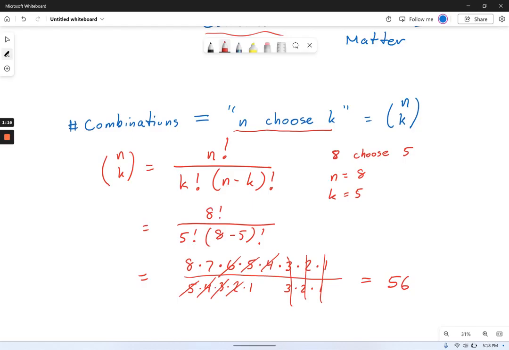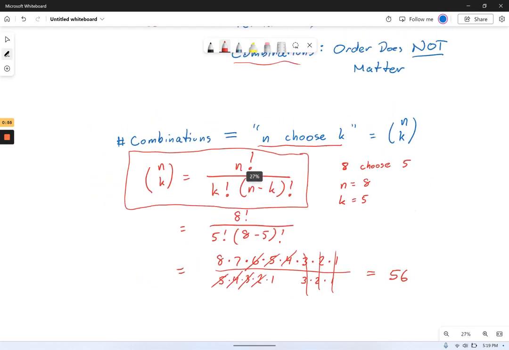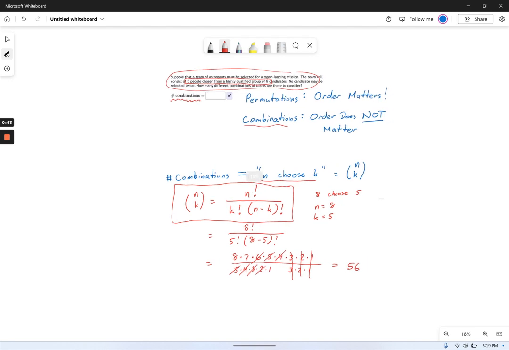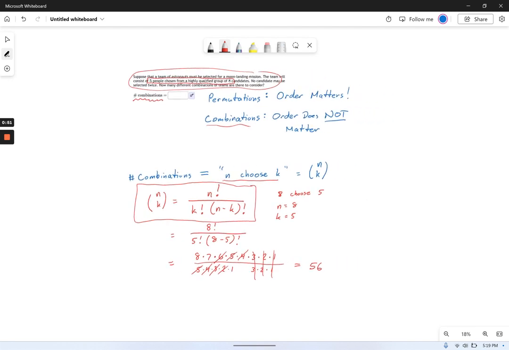If I were to go through the logic of why this actually works, we could spend a day or two talking about it. It really is a very interesting topic, but for all intents and purposes, you are going to be better off if you just memorize this formula. When you get into a standardized test like the SAT or ACT, this will sometimes come up, and if you don't know the formula, you're just out of luck. So I would recommend getting to know that one and practicing it a few times.